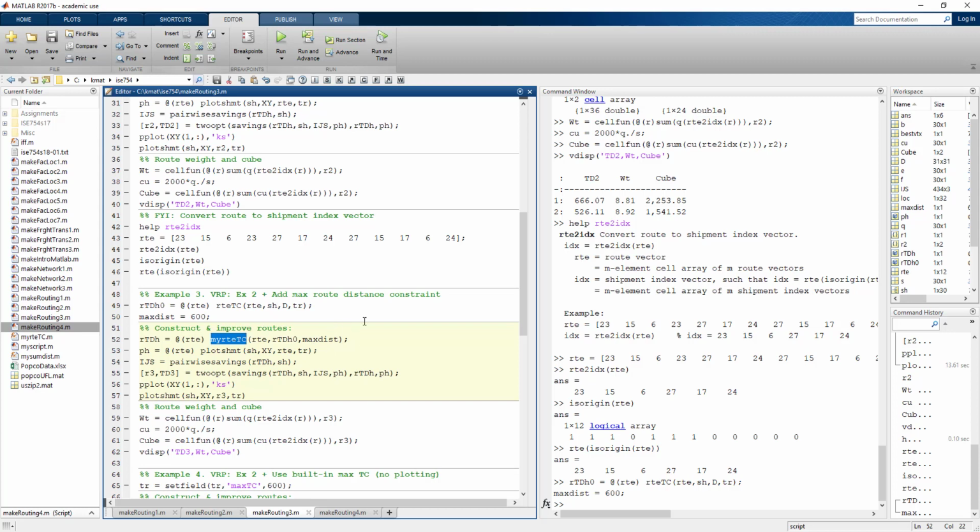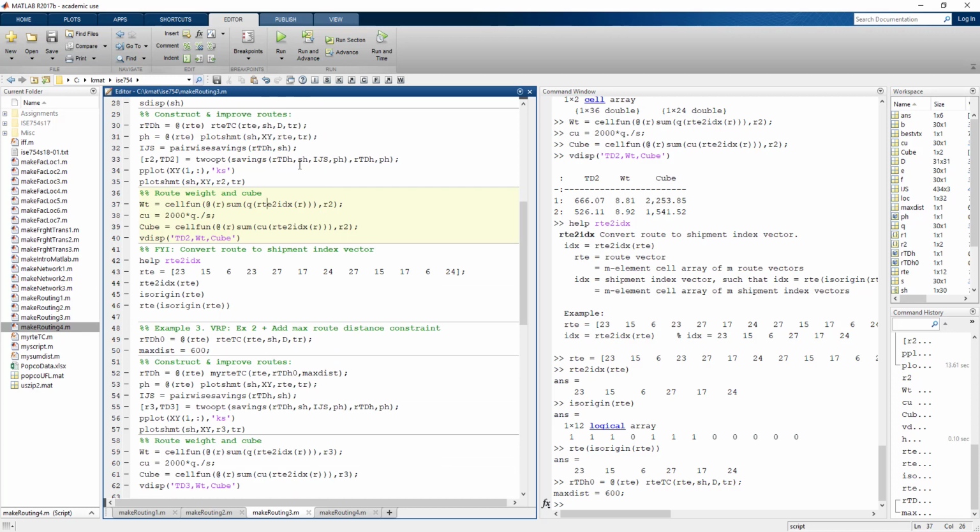if this constraint was not already somehow incorporated into the route total cost function, which the previous capacity constraints were already incorporated once we specified the shipment and the truck structure up here, essentially this route total cost function, by adding the truck weight and cube capacities and the shipment weight and density, was then able to make sure that routes didn't violate that capacity constraint. Well, what if initially this max distance constraint was not included? It turns out it actually is something that's already pre-included, so we have a way of adding that to the